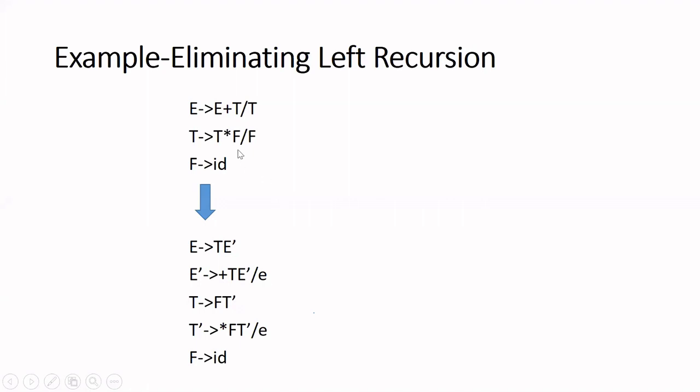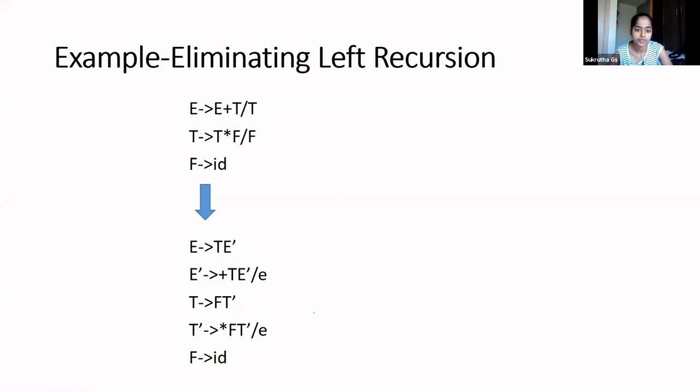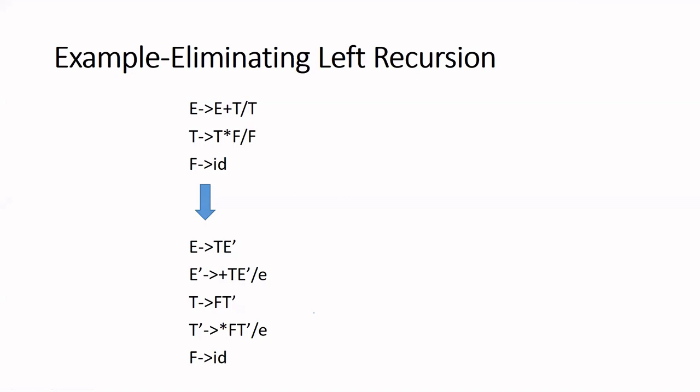So again, check the second production. Is the second production again left recursive? Yes, it is left recursive because the first symbol on the right hand side is the same as the left hand side symbol. Now again apply that concept. A derives A alpha or beta, and then reduce it to T derives F T dash, T dash derives star F T dash or epsilon. And F derives ID. There you don't have any left recursion. It is just a terminal symbol.